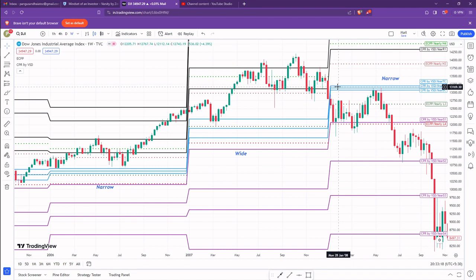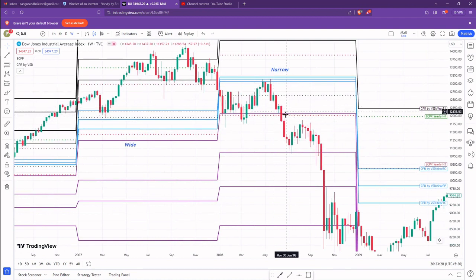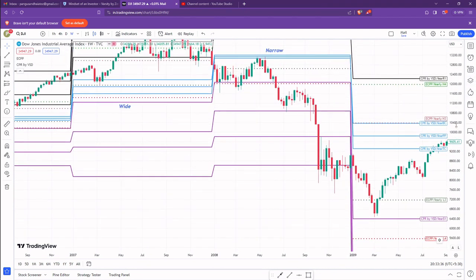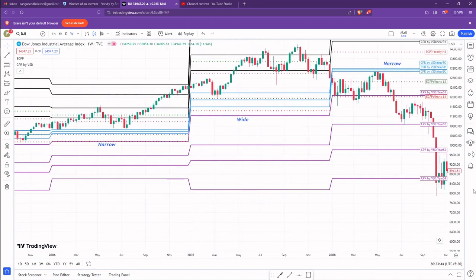But what happened is, after facing some resistance at CPR, the market started coming down, started breaking the L4 and S1, and then gave a good breakdown. So from 12,000, he was able to predict that the market might go to 10,000. And after coming to 10,000, he said the market might go to 8,300 levels. After 8,300 he was not able to say much, because this is the S4. If you see over here, this is the S4.